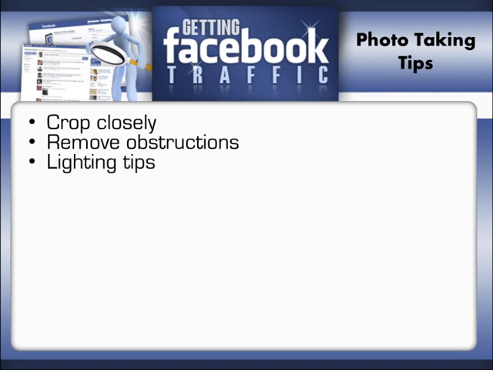Lighting is also something that's very important. A lot of times people need to shoot inside. Very good, but try to make sure that you've got good lighting. Maybe if you have a small product that you're taking a picture of, take it near a window that gets some sunlight. And this is a little trick, by the way. If you have sheers that go over the window, a lot of times if it's a bright sunny day, those sheers can actually diffuse the light, give you a very nice natural lighting. But lighting is very important. If you make sure that everything is well lit, you get a nice clear shot and it looks aesthetically pleasing.